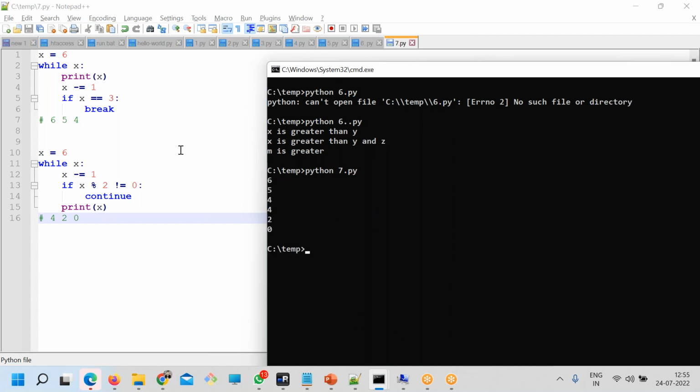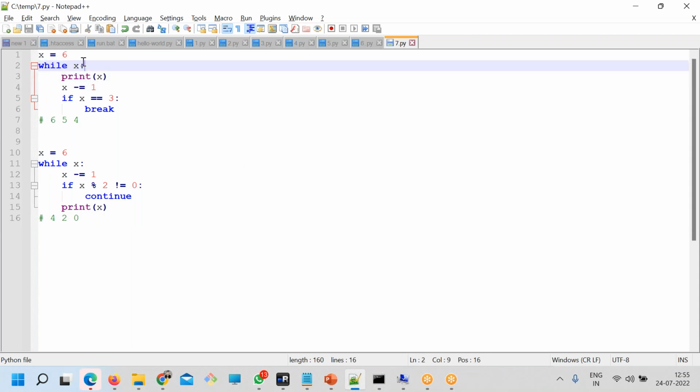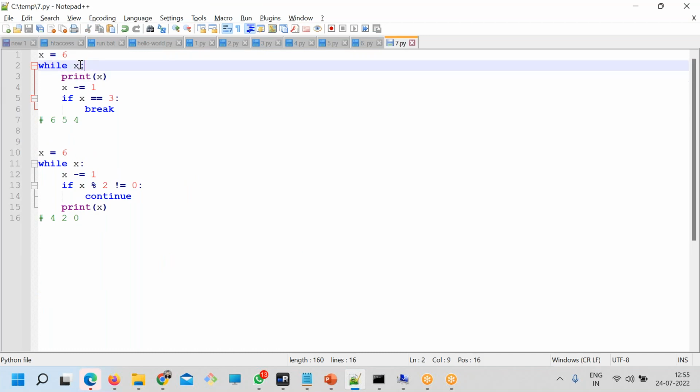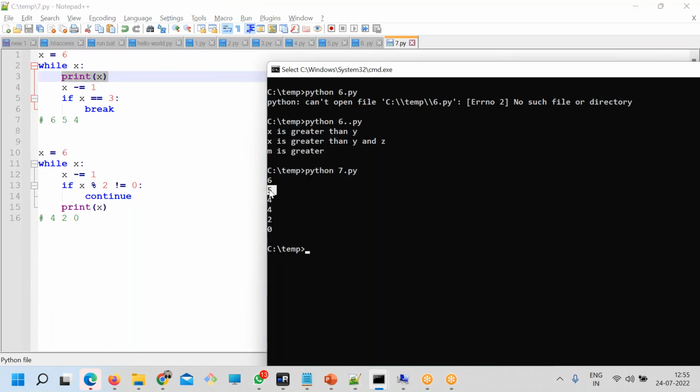So if you look at the code, first one, x is equal to 6. Look at this. So here first thing, while x, x is set, x is true. So it prints the x. After that, always it decrements, x minus equal to 1.